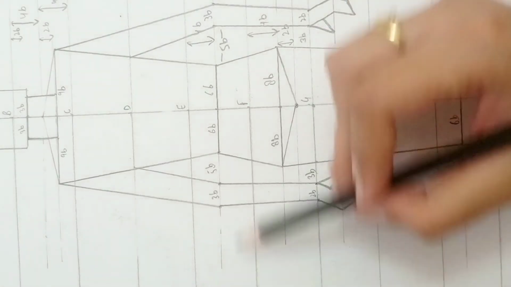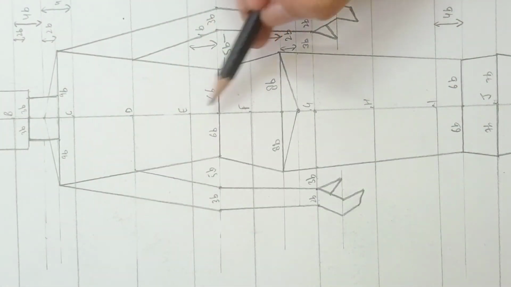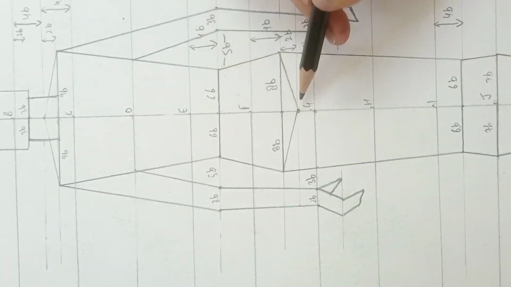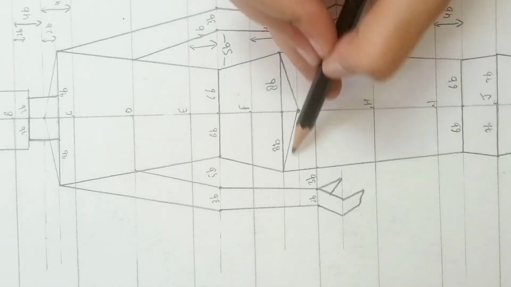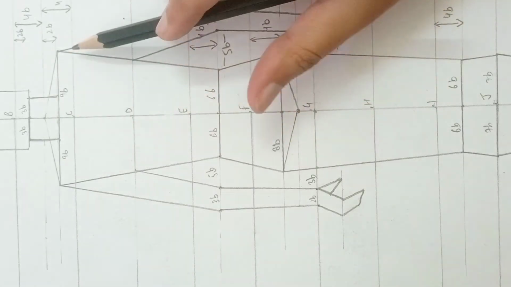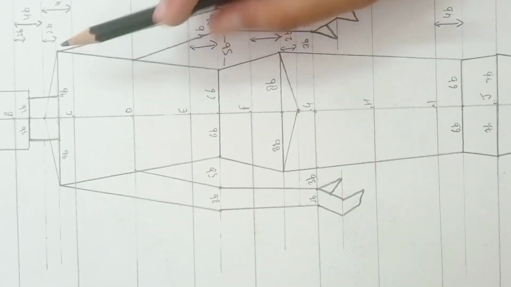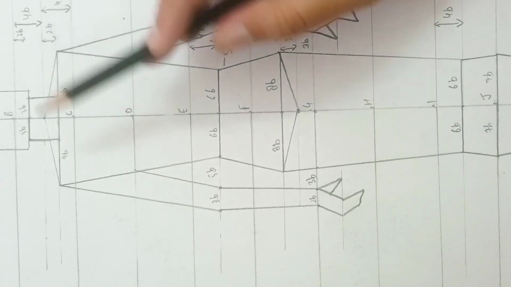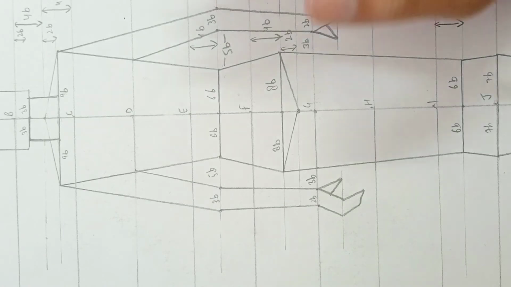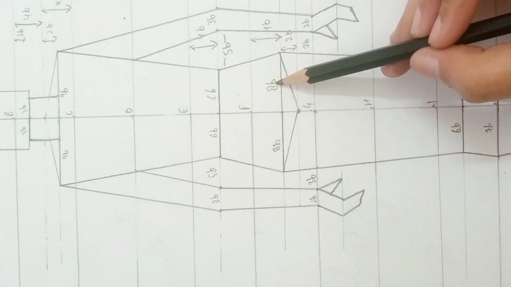Then coming on to our waistline, that is in the 5th section E and F, we have divided this 5th section at half and drawn a 6 block line. Then we have divided F and G section at half and drawn 8 blocks on both sides. Why 8 blocks? Why is it not equal to the shoulder as we have done in the female? Because the male's shoulders are broader than their whole body. So to depict that, we have taken it 1 block less than the shoulder point. So this is done at 8 blocks.